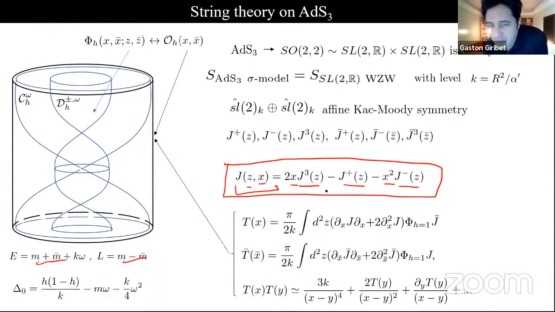So then you can ask, okay, I have a dual CFT. Let me start from the basics of a CFT, which is the stress tensor. It's the thing that for sure I know is there. This was worked out in 1999 by Giveon, Kutasov and Seiberg. You can see explicitly that T and T bar in the boundary CFT, notice that it depends on x, this is not a worldsheet one, it's the boundary CFT, can be written as a certain combination of some operators and currents in the boundary, where this guy is this,